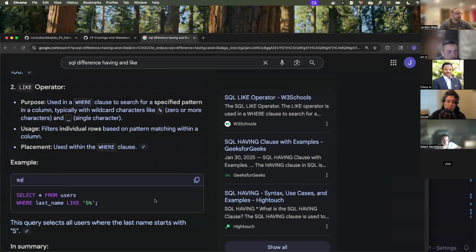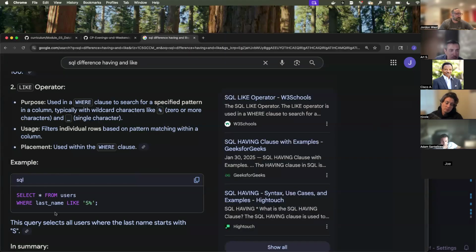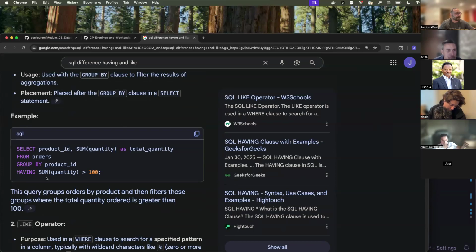Yeah, we can get away with it when we're using wheres. When we group by, we need to use having. Does that make sense? Yes, thank you. So just like where isn't going to work when we're grouping, and we have to use having,